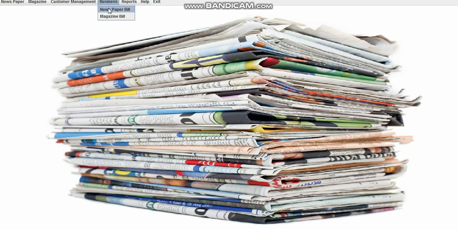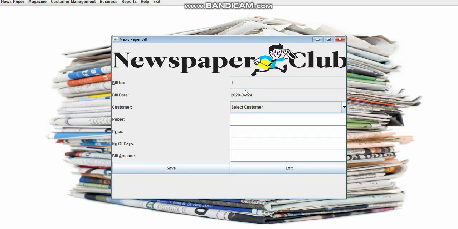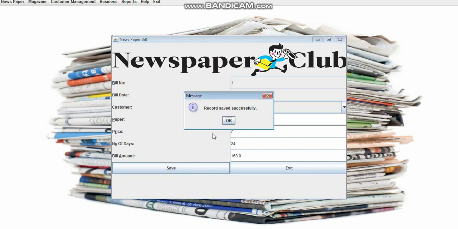So this is the business tab where you get to know the newspaper bill and the magazine bill for each of your customers. You select the customer, you get the paper he takes from you, you get the price of his papers, and you just have to enter the number of days that he has got the newspaper from you.